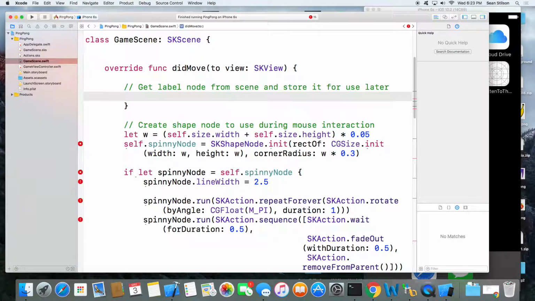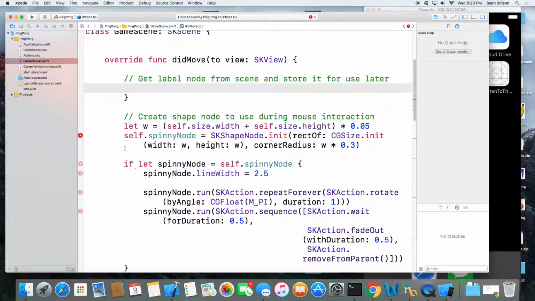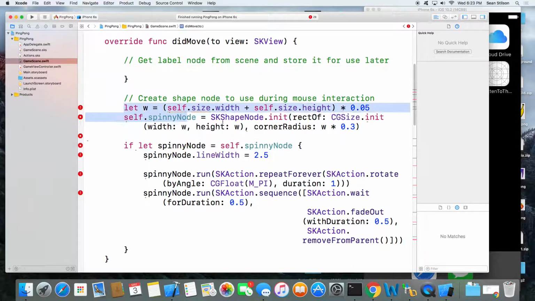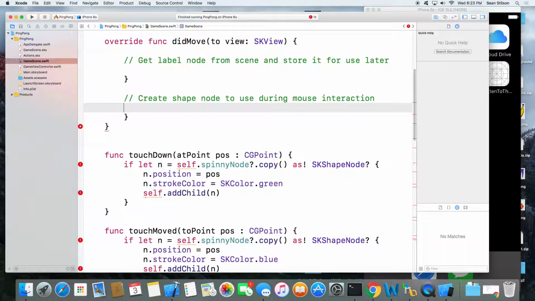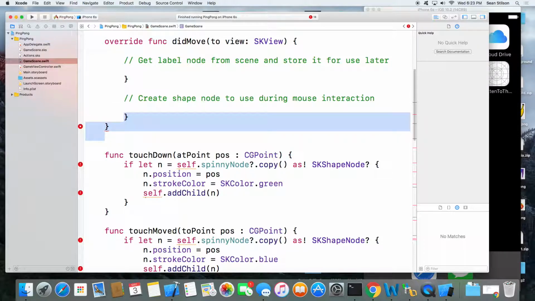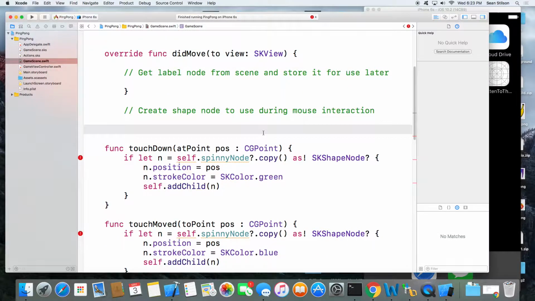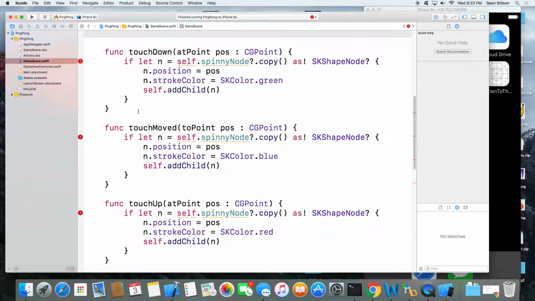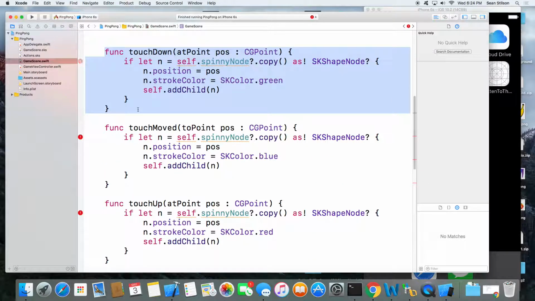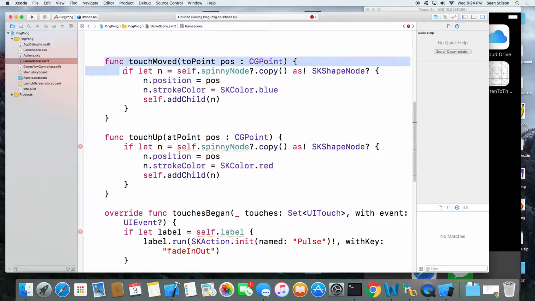We're going to create our own stuff. The stuff down here all goes away. And touchdown, all these functions we no longer need.